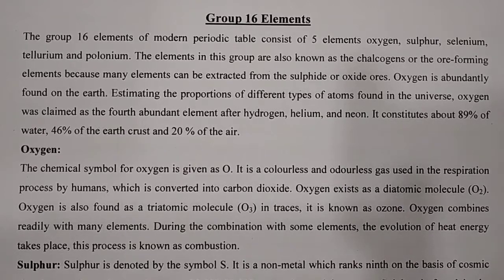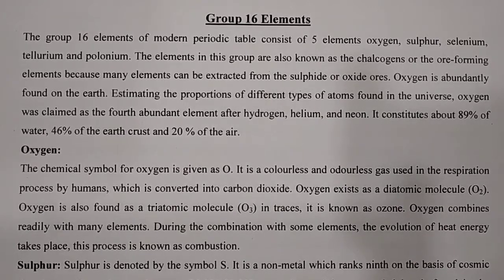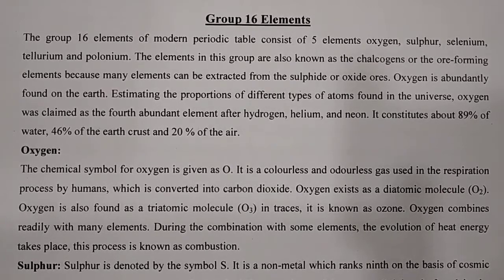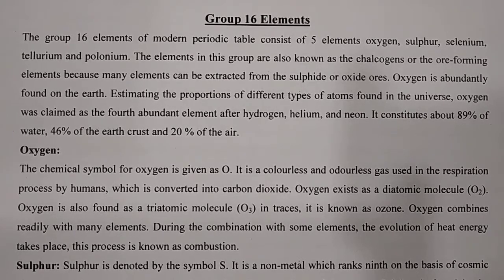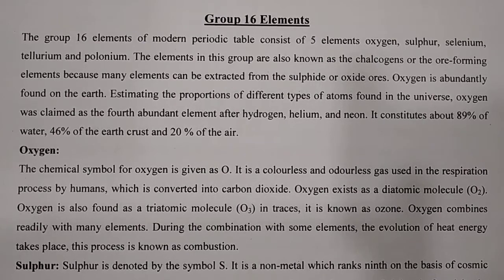Hi friends, in this session we'll start with group number 16. In the last session we already completed group 15, that is nitrogen as well as phosphorus compounds. So let's start with group 16. The group 16 elements of this modern periodic table consist of these 5 elements, that is oxygen, sulfur, selenium, tellurium